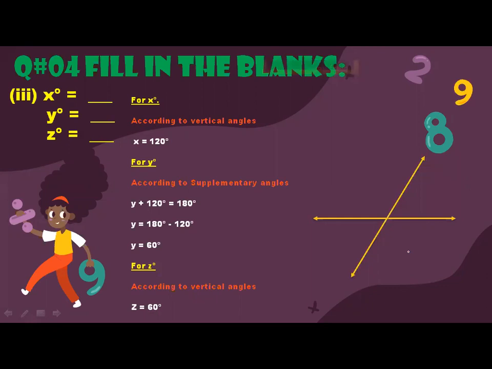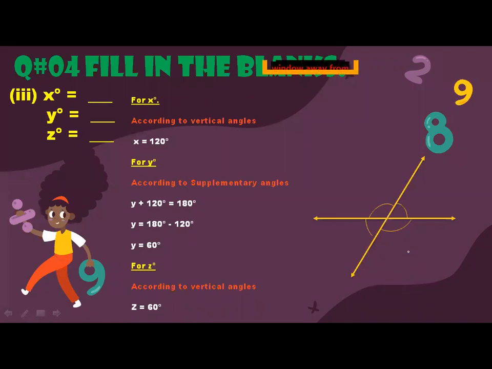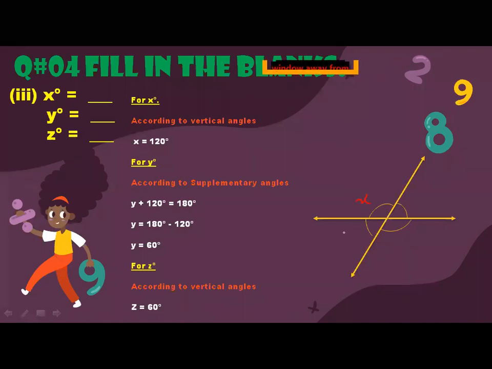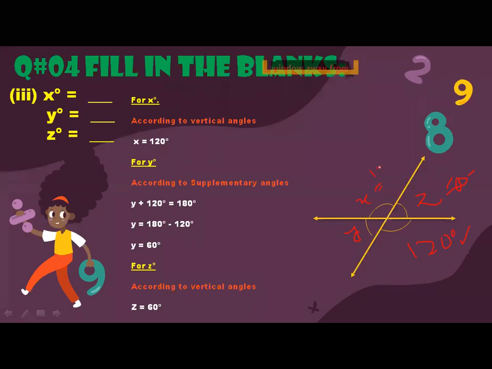After that you can see how many angles are forming here: this one, this one, this one, and this one. If you remember, this is your x, this was your y, this was your z, and this is equal to 120°. If you place your D over the bottom side, you can easily check that this will be equal to 120°, and this will be equal to 60°. This will be equal to 120°, and this will be equal to 60°.